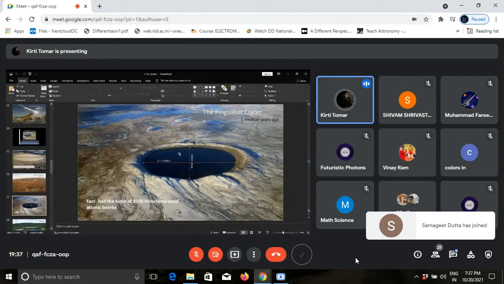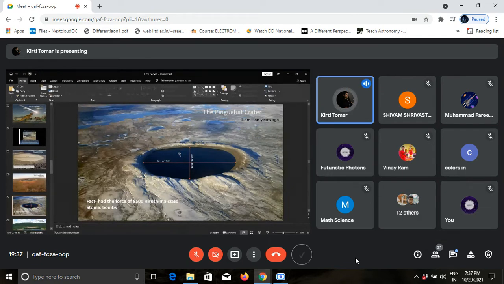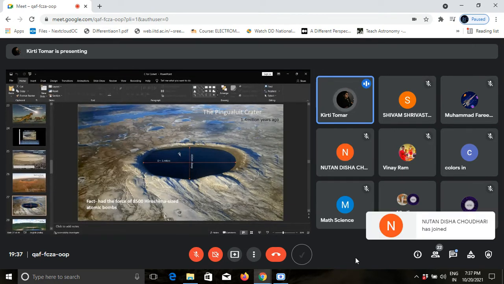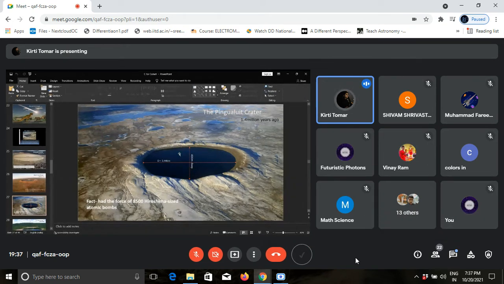The crater was discovered in 1943 by a US Air Force plane on a meteorological flight. Pingualuit means where the land rises, in the local Inuit language.